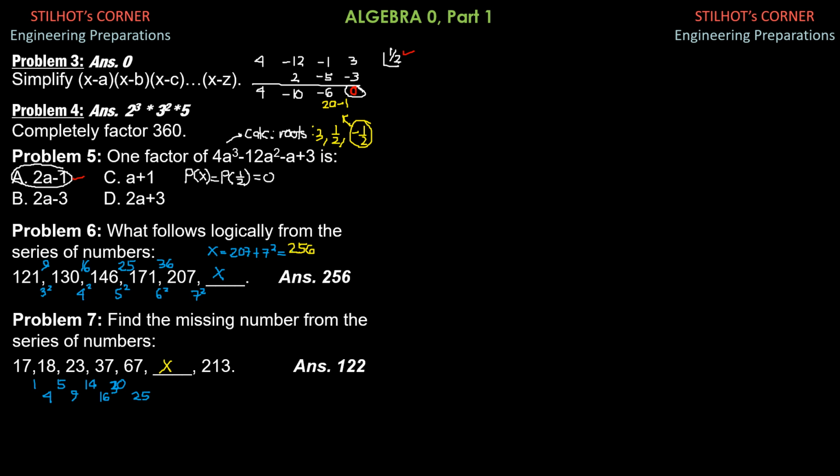Then next, 30 plus 25 is 55. And next should be 36. So that 55 plus 36 is 91. So therefore the value of x is equal to 67